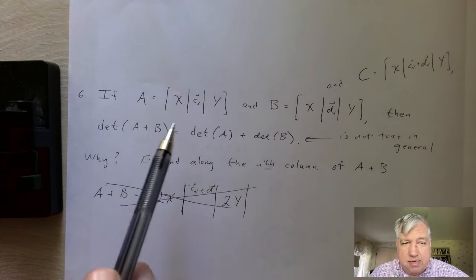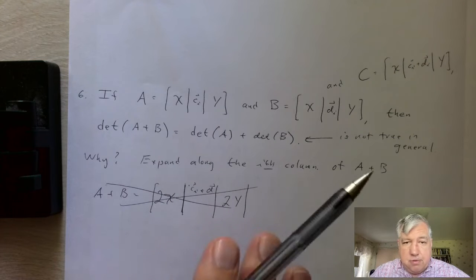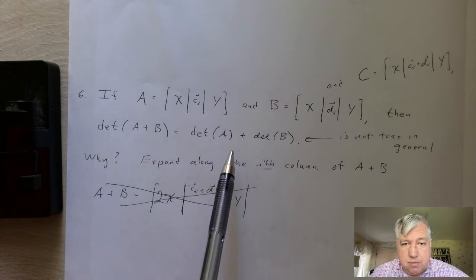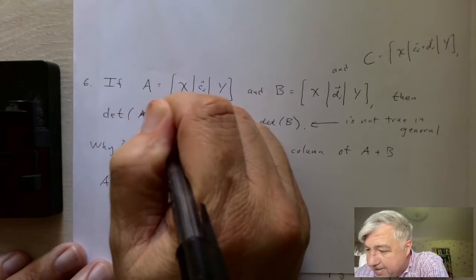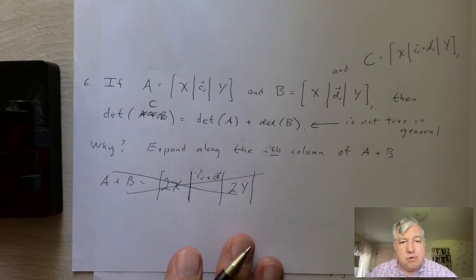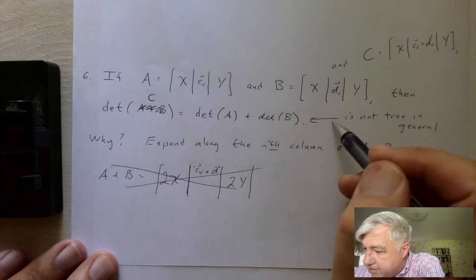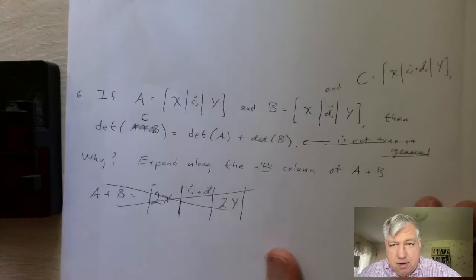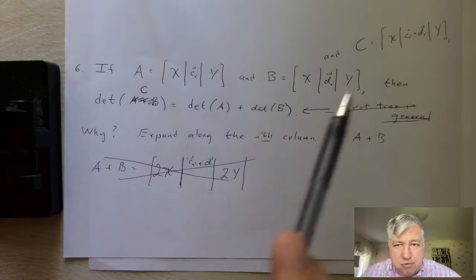And then in that case, the determinant of C is going to be the determinant of A plus the determinant of B. That's what I meant to say. All right, so we'll just cancel this out. And, okay, now that I've completely confused you totally, let me just say that this is true as long as